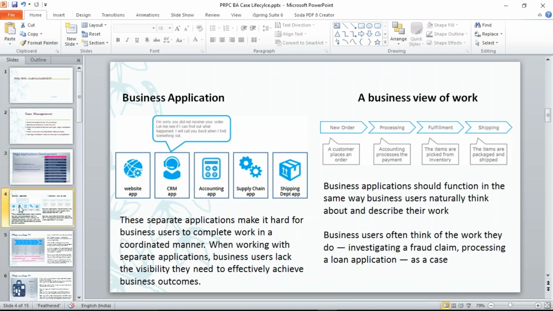In a traditional business application setup in an organization, they have different applications for different purposes. There is a separate application for payments and accounting, a separate application for CRM, and a separate application for websites where the customer can interact. There are separate apps for internal handling, and separate handling for delivery. So they have different applications to cater to needs, and someone needs to refer to multiple applications if they want to look for information.